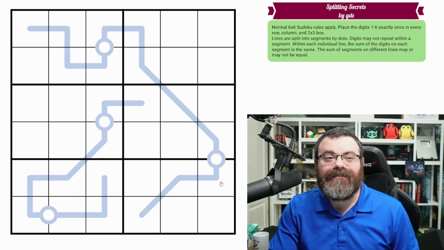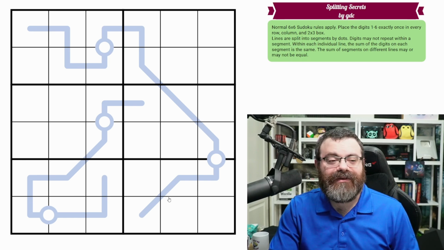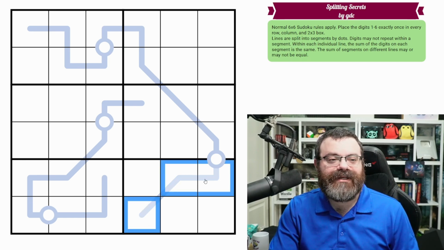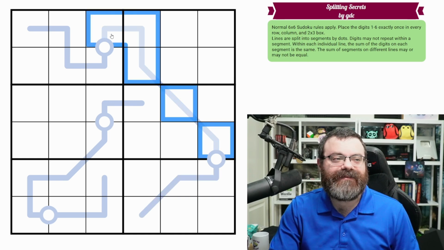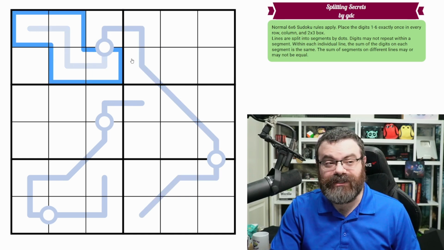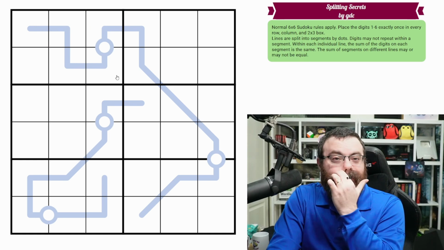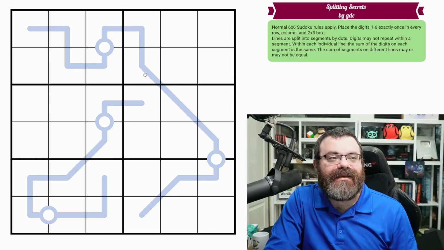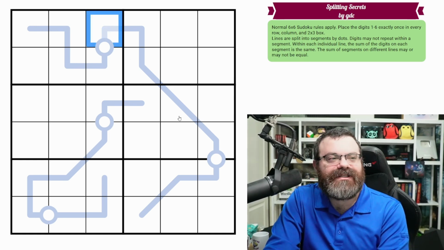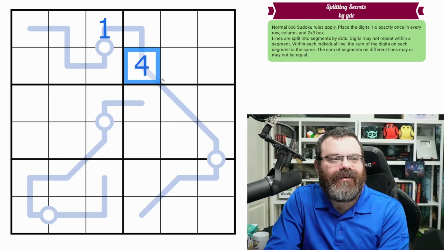Segments that are on the same line sum to the same value. So whatever the sum of these 3 digits is, the same as the sum of these 5 digits, which is the same as the sum of these 4 digits. Additionally, digits may not repeat within a segment. So even though Sudoku would absolutely allow us to put a 1 here, a 1 here, a 1 here, and